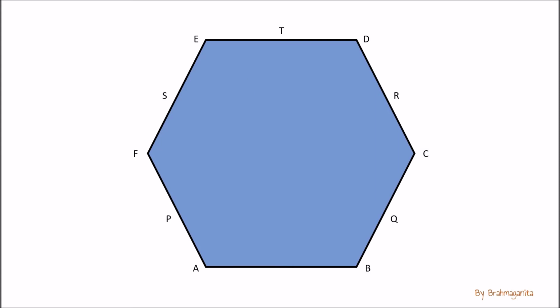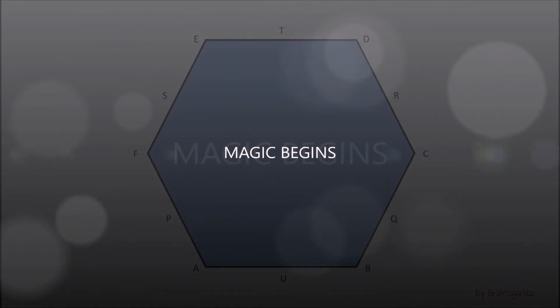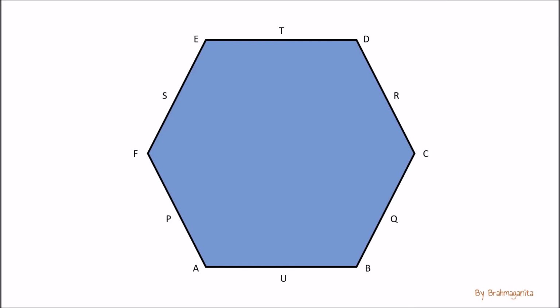Let us take the hexagon in solitude, and we can see that the midpoint between A and B is missing. We can mark it as U. Then start the real magical technique to solve this question. In between the north-south directions, we can divide the hexagon in two equal halves by joining F and C.